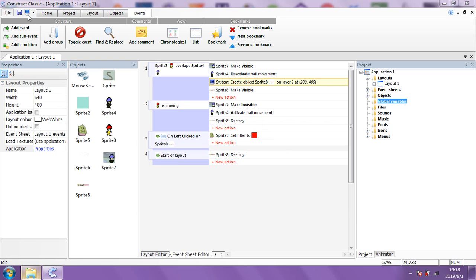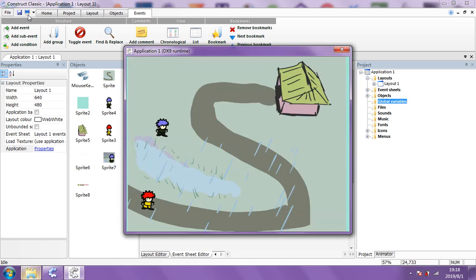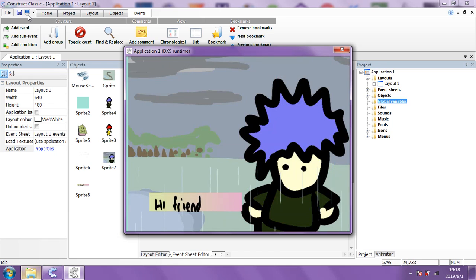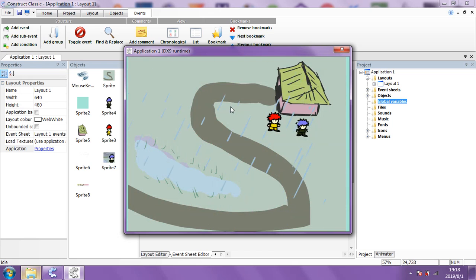So let's see what happens. Crazy stuff going on here. We didn't even add any sounds or anything else. I walk up to this guy. It's going to come up, "hi friend," and it does show over everything. Now, whether I click on it now or whether I move away first and then click on it, the house should turn red. But to show you, let's do that. So I move away. Oh no, I move away and then that destroys.